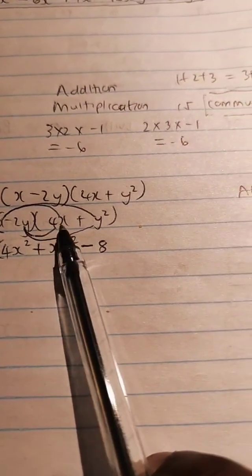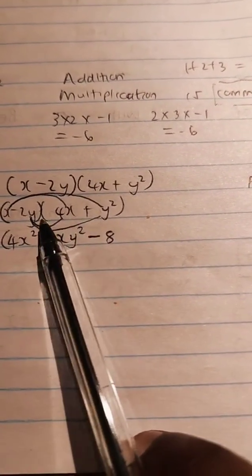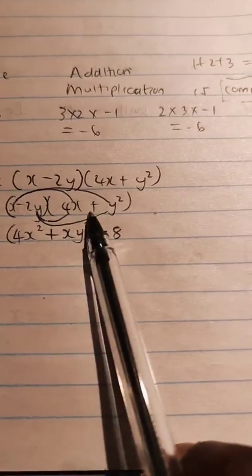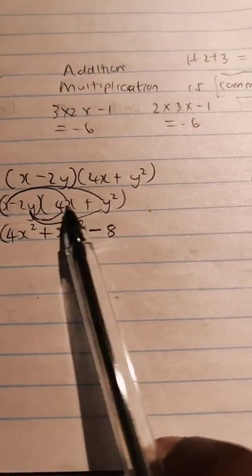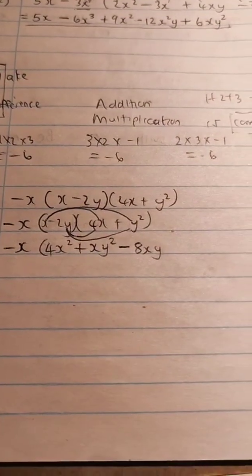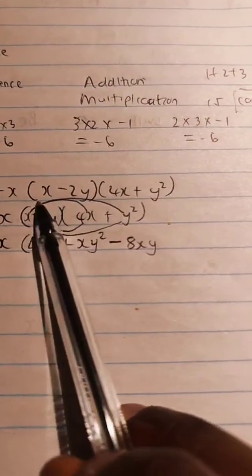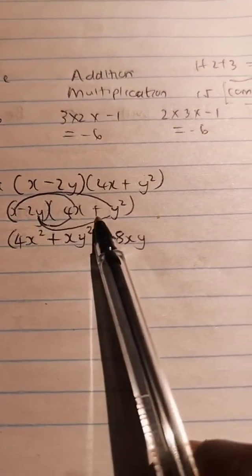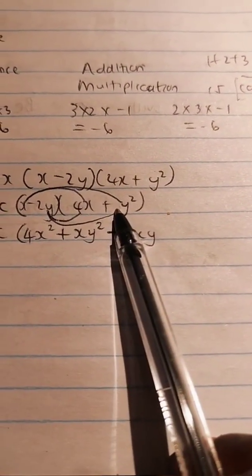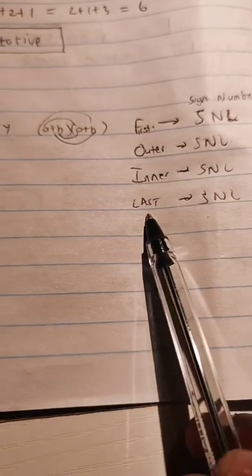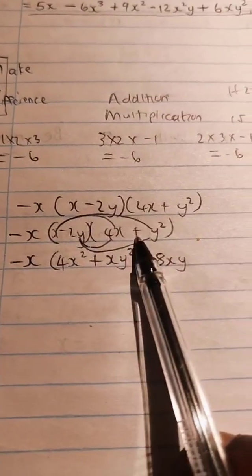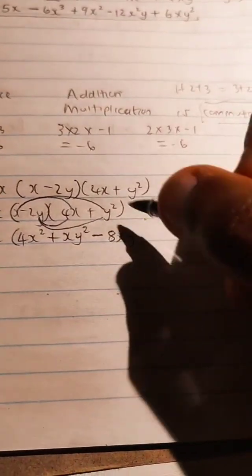Then y times x, the letters there. What's y times x? Okay, xy. Then lastly, we take the negative 2y, we multiply it by the last term inside the bracket. That's why we say last. Negative times a positive gives me a